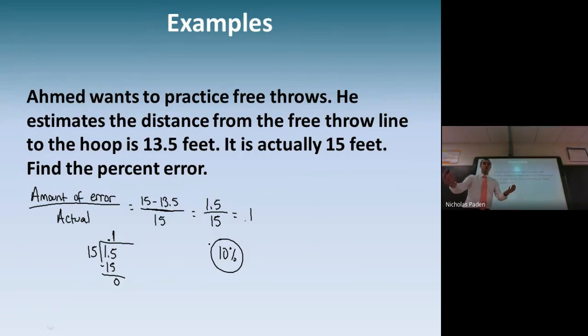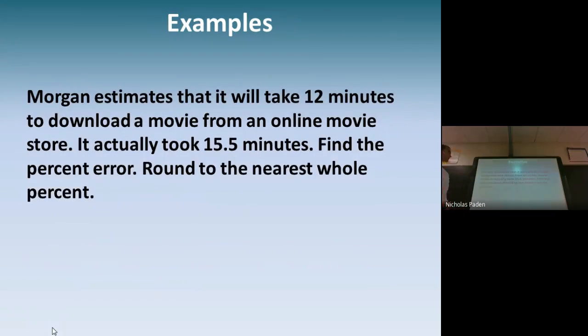It was actually 15. He was 10% away. So let's look at another one together. Morgan estimates that it will take 12 minutes to download a movie from an online movie store. It actually took 15.5 minutes. We're going to find the percent error, and then remember what we did yesterday with percent of change, where we